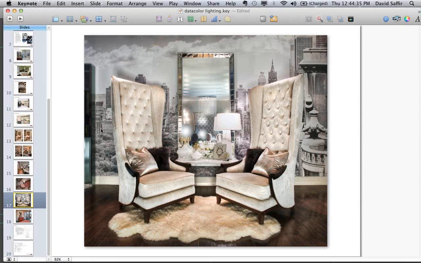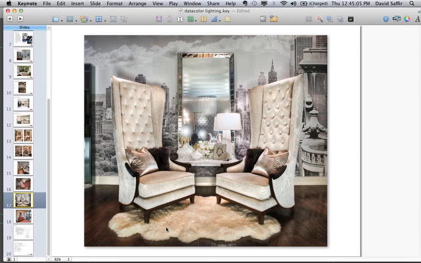The corners have been left to go darker, and in this case I think that makes sense. They're really trying to bring the chairs, the decor and the placement of the chairs and the feeling of intimacy for the two people that might use them into the foreground. You've also got a very nice rug right in front of them,